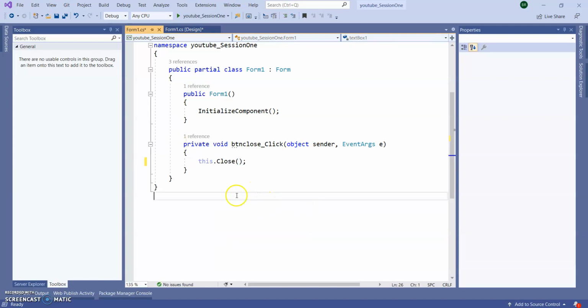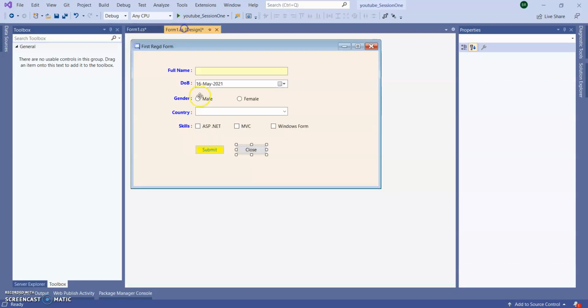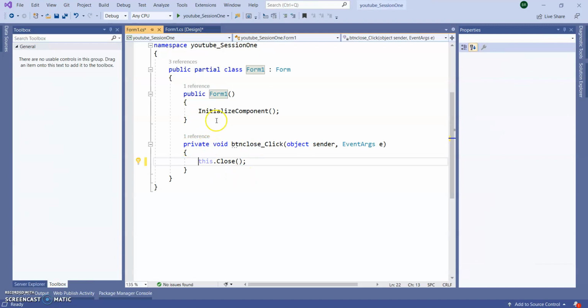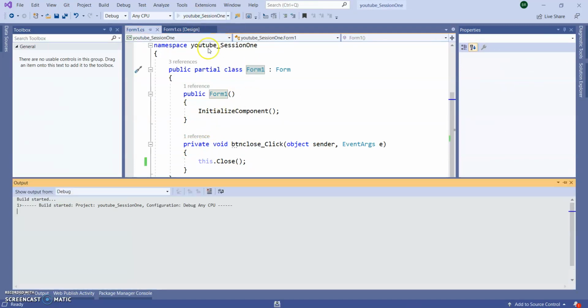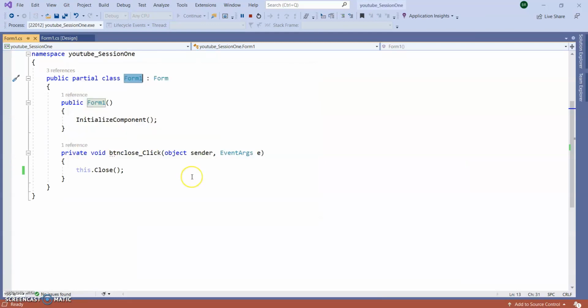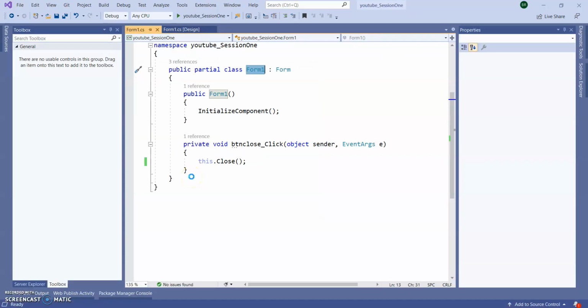It will close the particular, or the current, form. This is defined as the current form, or this current class. This is Form1. Let's run the application and see whether this close is working or not. You can see either I can go and close here, or if I click here, it closes. In this way we can close our current form.